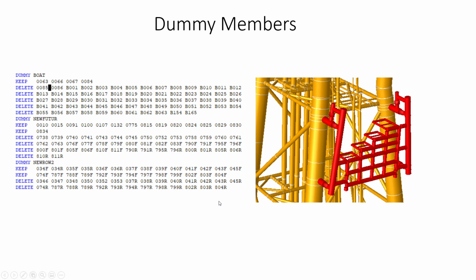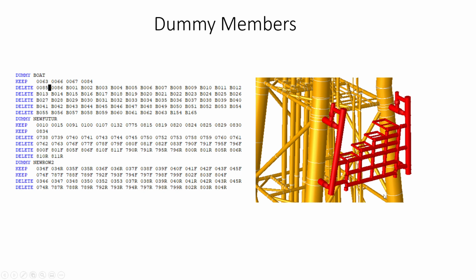So the data gen will be generated for this code actually. What it means: see 1 2 3 4, these 4 joints will be kept, and all the remaining members will be deleted. All the loads will be calculated and applied as forces Fx, Fy, Fz over here, and then the members will be deleted. It is like calculating only the load and then transferring it to the structure, including the wave load. It will transfer to the structure, and this will not participate in any global stiffness while doing the analysis.